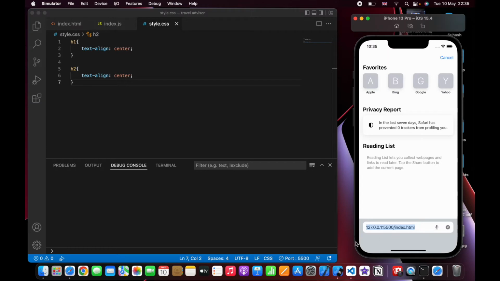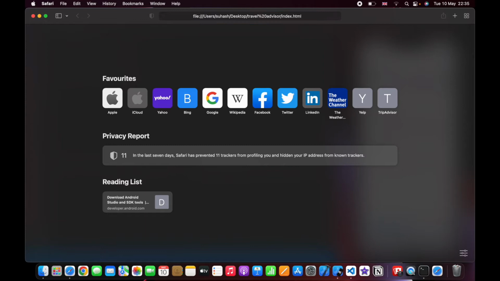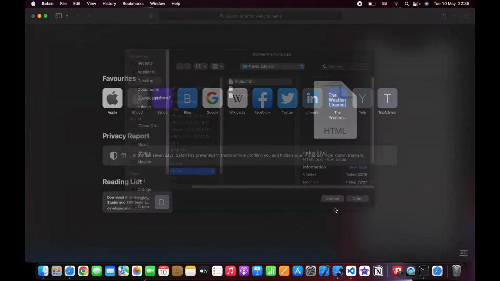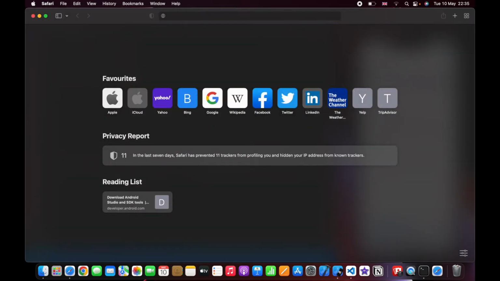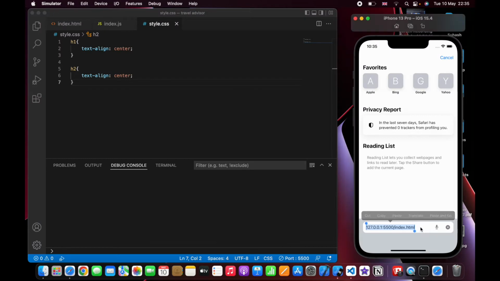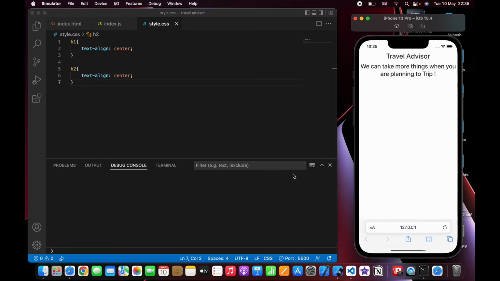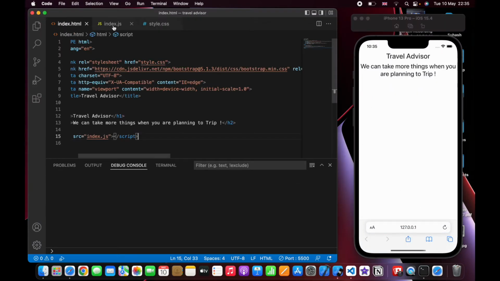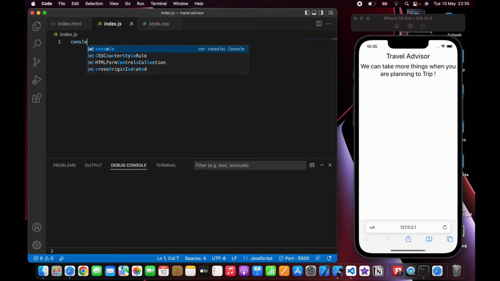And I'm gonna copy this one, and I'm gonna go and paste it on here. Yeah, it's coming. Okay, already the server is running on here. That's why it's not working. Okay, good. Okay, let's go and put something